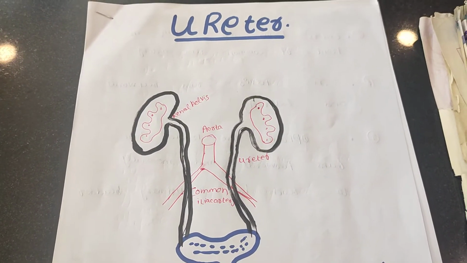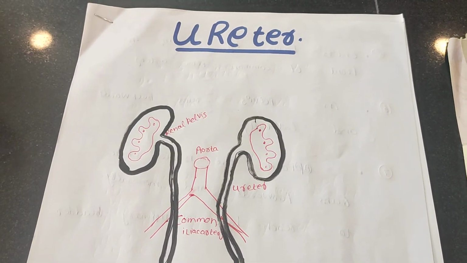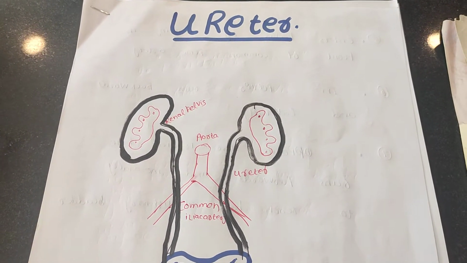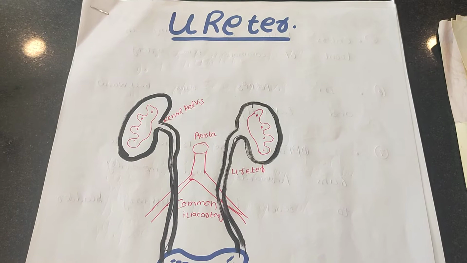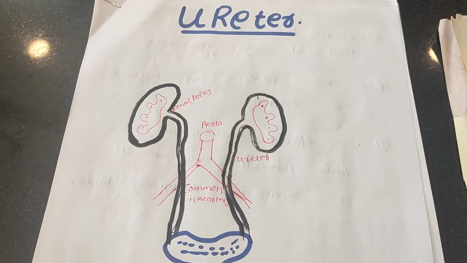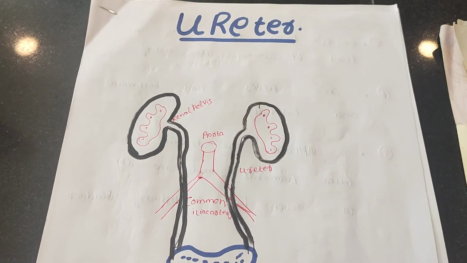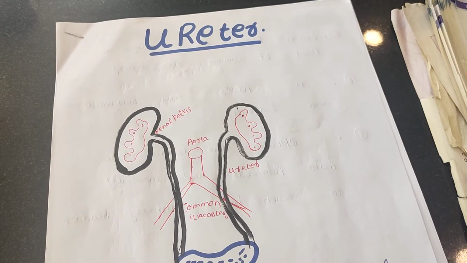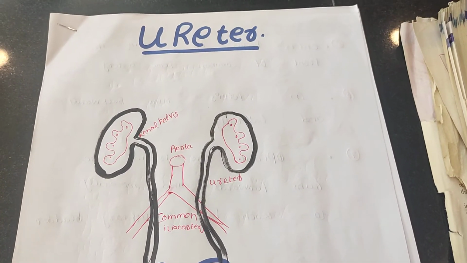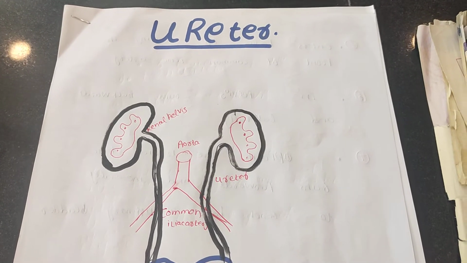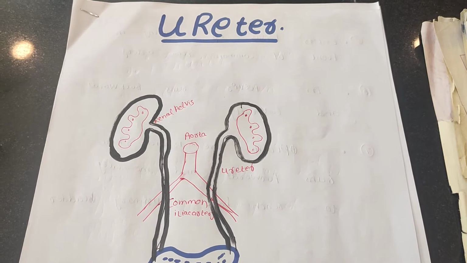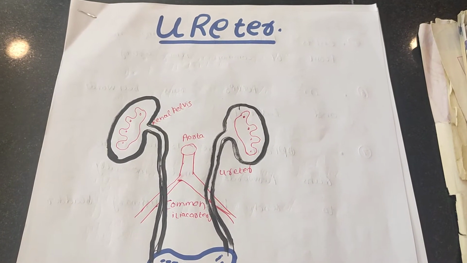Assalamu alaikum everyone. Today we are going to study the gross anatomy of the ureter and its relations in the pelvic part as well as the abdominal part, and they are the most frequently asked questions in UHS: give the abdominal relations of the ureter or pelvic part relations of the ureter, and they are quite difficult. That's why I made the mnemonics for those relations, and they will be easy to remember.